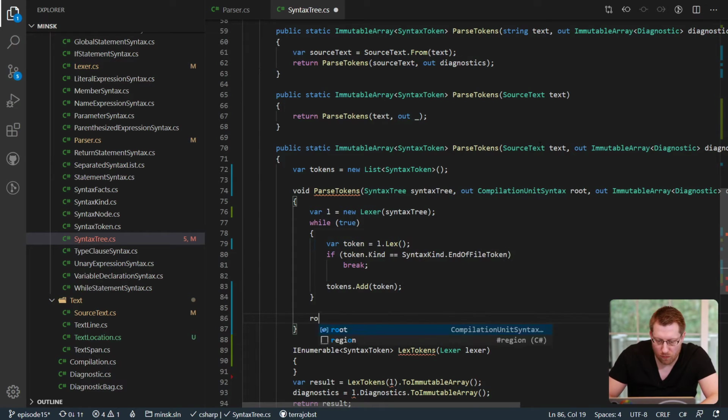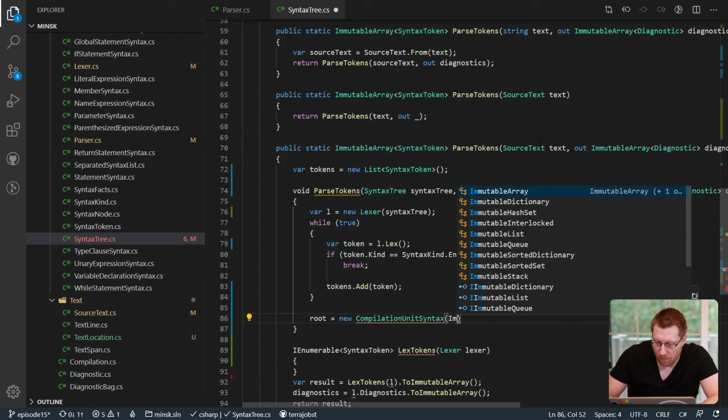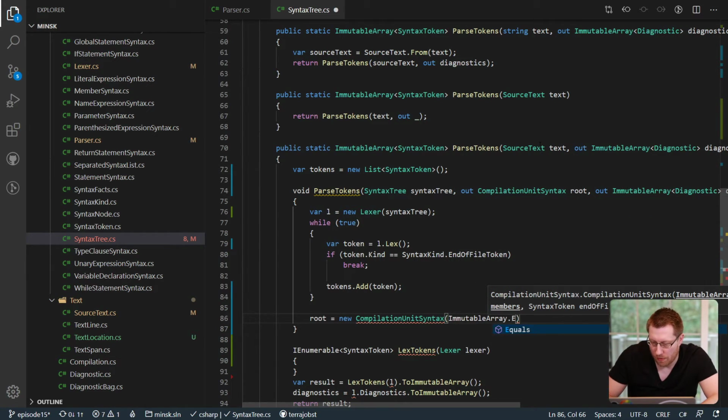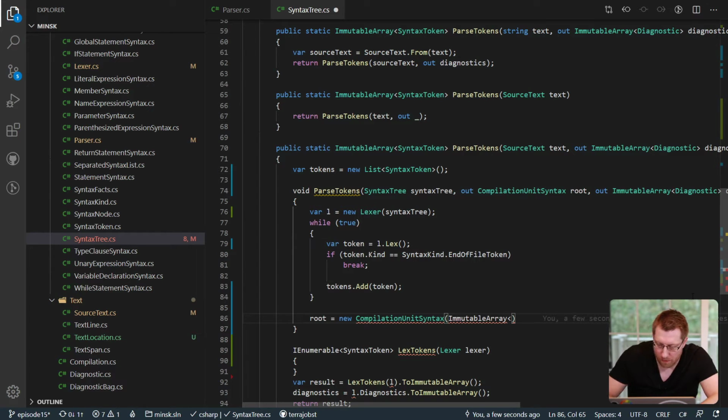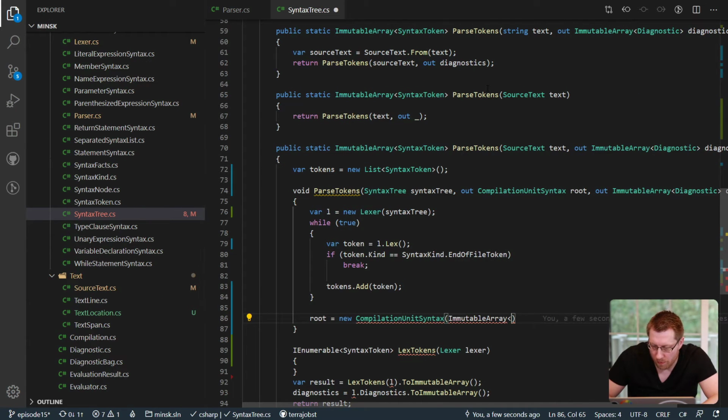And then we would say root equals new compilation unit syntax root for immutable array of, what is this guy? Member syntax, okay, of member syntax empty, and we would say end of file token. Okay, fine. Now